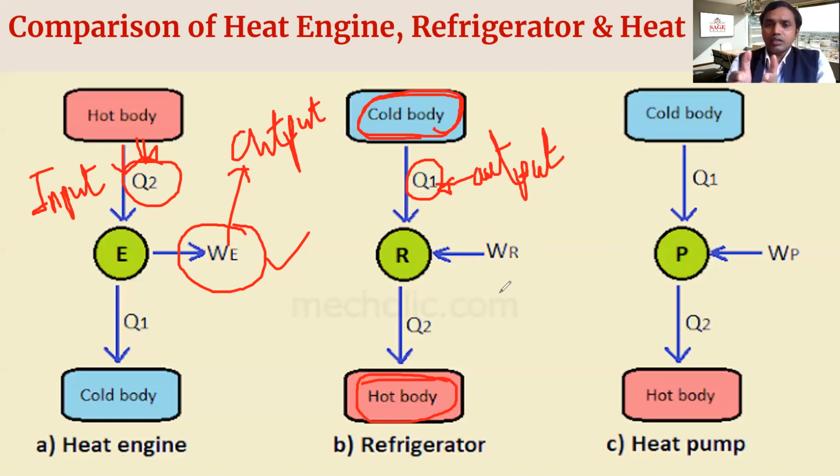because from Clausius statement, heat cannot flow spontaneously from lower to higher temperature without the addition of external work done. If we add some work done, then definitely heat can flow from lower temperature to higher temperature. That's why in case of refrigerator, we add some work done to the system, so heat can easily flow from lower to higher. So we can say this work done is our input.